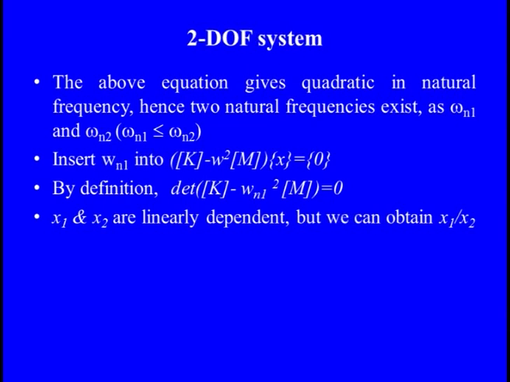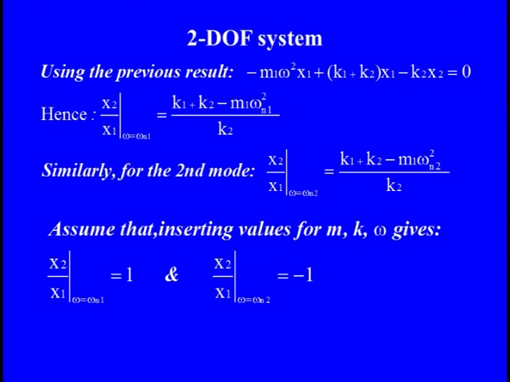So x1 and x2, the relative displacement, gives some value. Now if we use this, we have first: minus M omega square x1 plus (K1 plus K2) x1 minus K2 x2, that was our first equation. Applying this, we have x1 by x2 at the first natural frequency equal to (K1 plus K2 minus M omega n1 square) divided by K2. Similarly for the second mode, at omega equals omega n2, we have this one. And since we are taking the relative displacement, x2 by x1, which is nothing but the relative displacement of output by input, is equal to 1 for one mode and minus 1 for the other. So 1 and minus 1 just show the phases between the first and second modes,